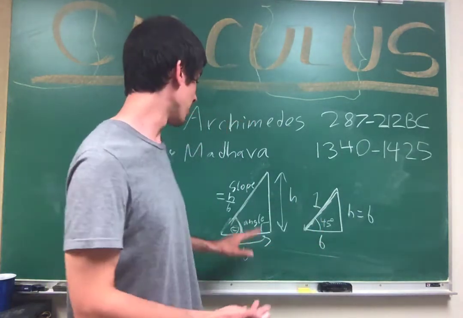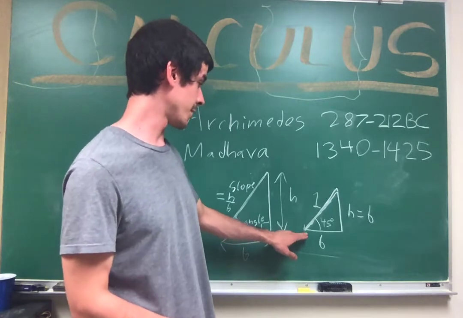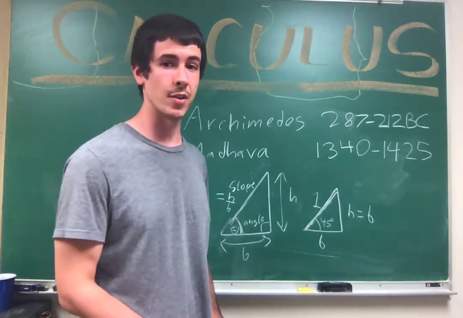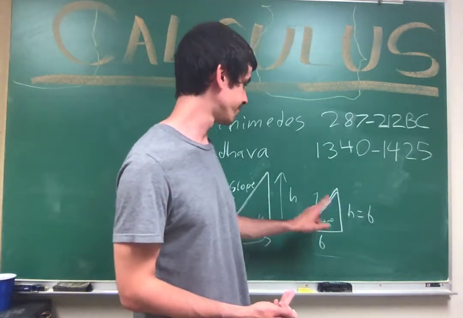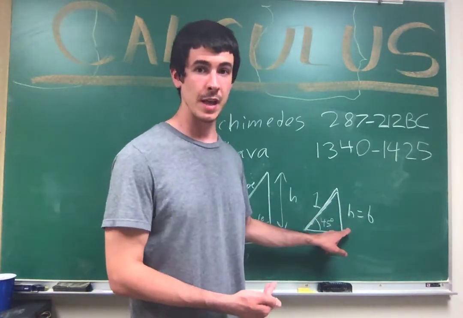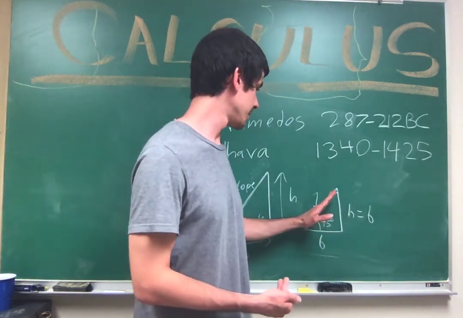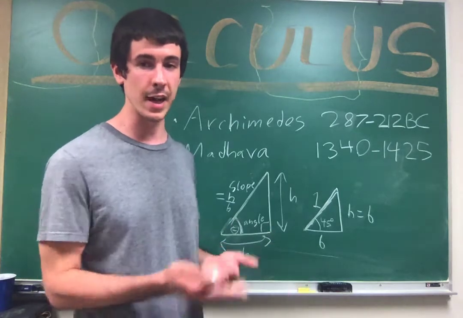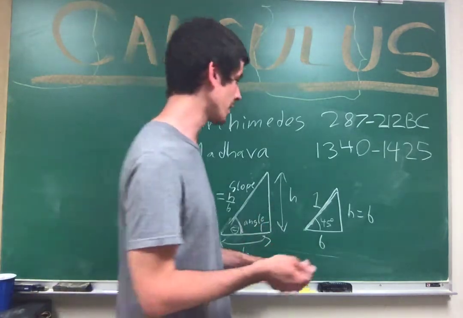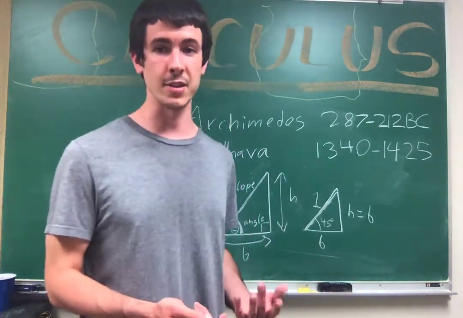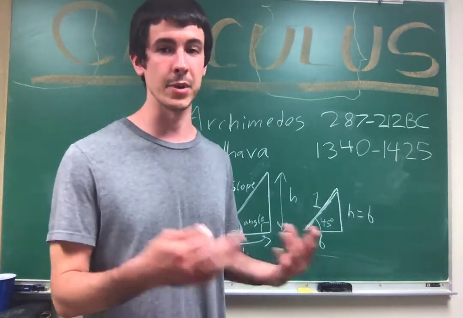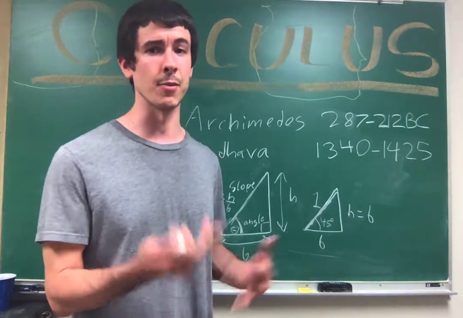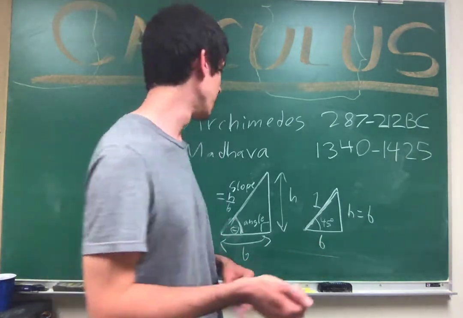But what Madhava was able to describe is if this is any angle, which, if you took trigonometry, there are a couple other special slopes that we can say, oh, well, the angle corresponding to that is such and such. Like, if the slope is the square root of 3, then the angle is going to be 60 degrees, or 30 degrees, and then the other one's 1 over the square root of 3.